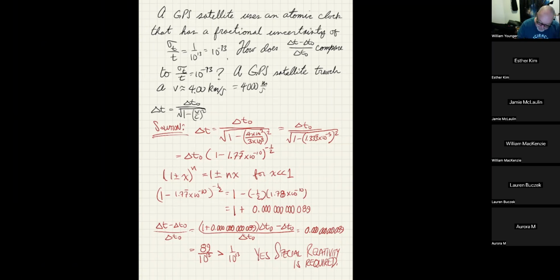It turns out that due to special relativity, the GPS satellite, because it's up there going really, really fast, has its clock moving slow compared to Earth. When the GPS satellite sends out a signal, it's giving us the time that the signal was sent out. But because it's moving, its clock is running slow. We need to correct for that so we can know exactly what time it was sent in our reference frame. Then we can take the time difference between sending and our time in receiving it,